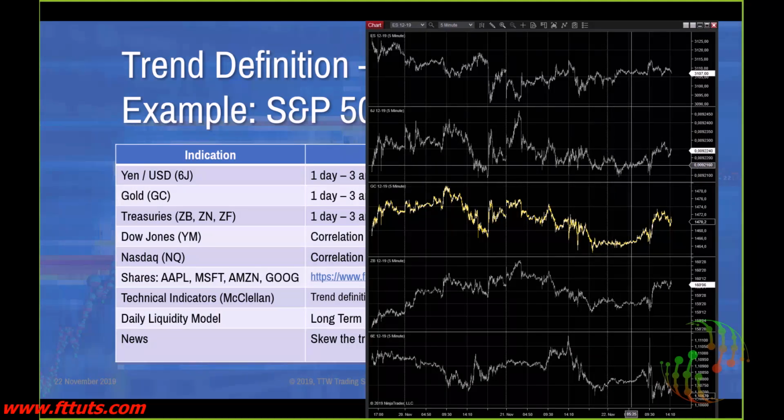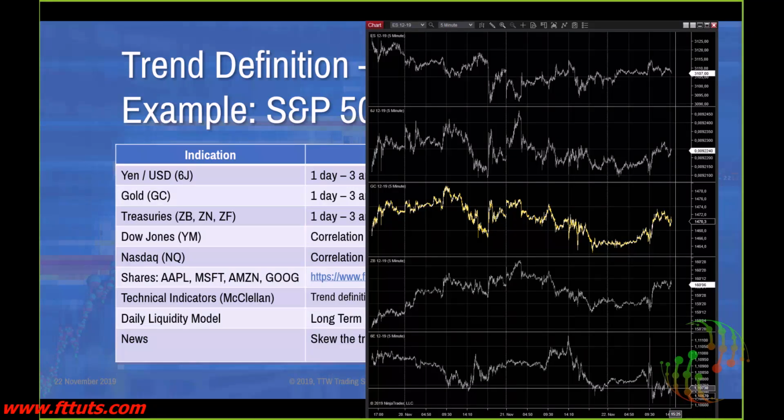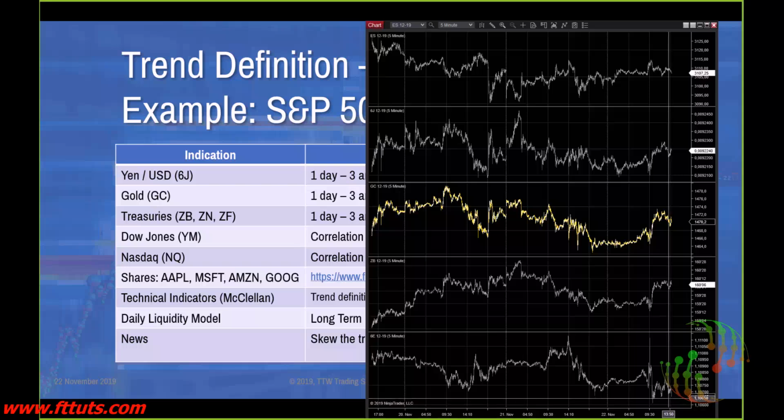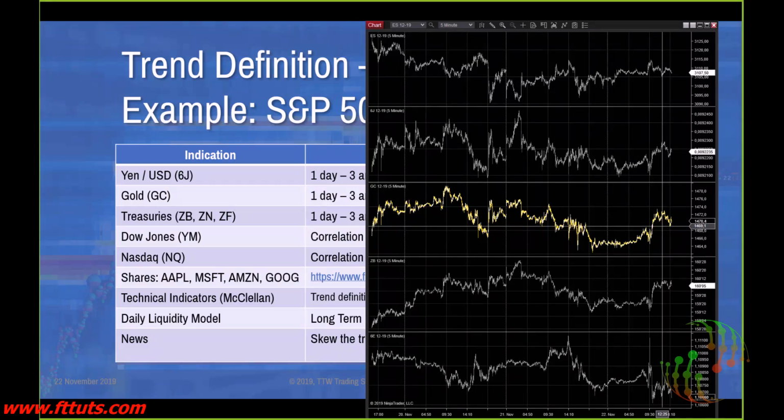blink when we look at these charts is that we have a strong dollar. We have a strong dollar against the yen, also against the euro. The ZB, the treasuries, are up, and gold is up. That means there's a little bit less confidence in this market at the moment. Yes, it's 1 hour before open. And also we see that in